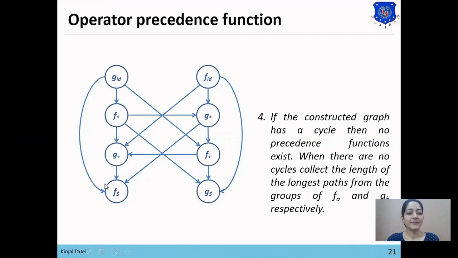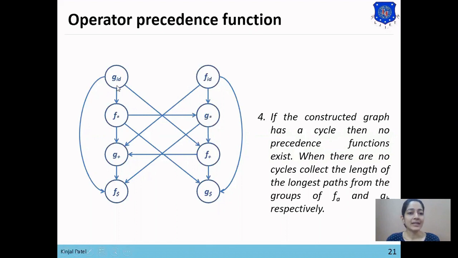So we need to find the final symbols where there are no outer edges from that symbol. For example, f dollar and g dollar are the states which have no outer edges. So our final symbols are f dollar and g dollar. Except f dollar and g dollar, all these states have outer edges. So we will find the longest path from each terminal symbol to either f of dollar or g of dollar.